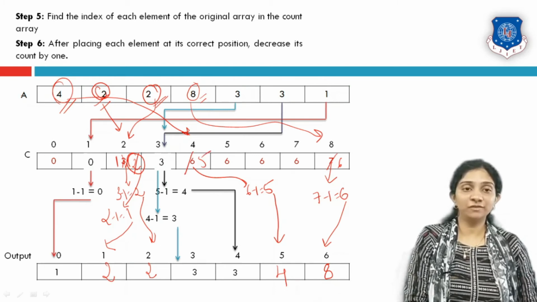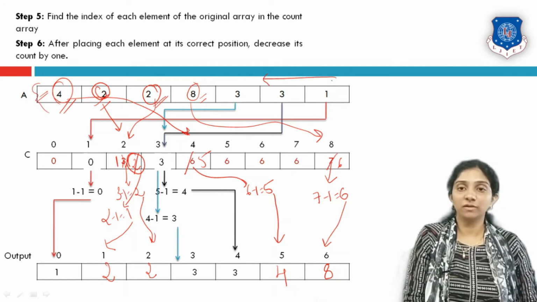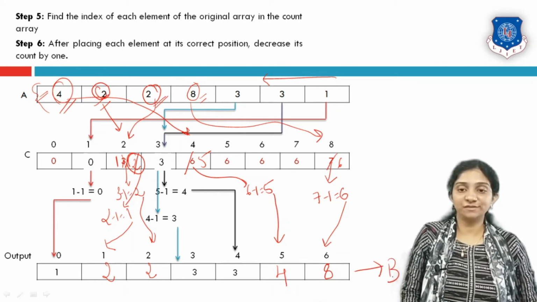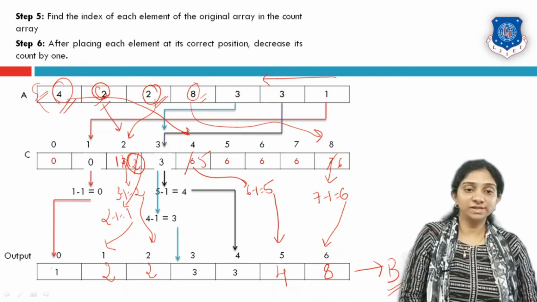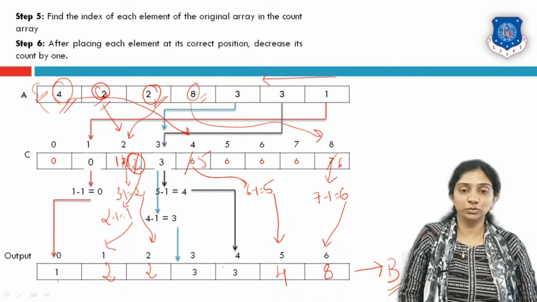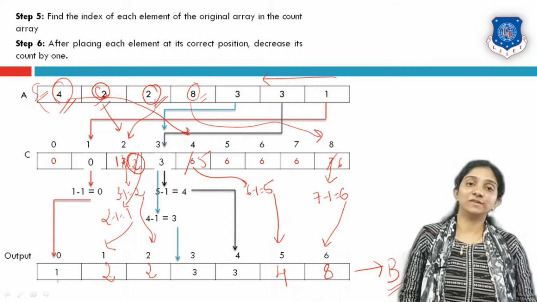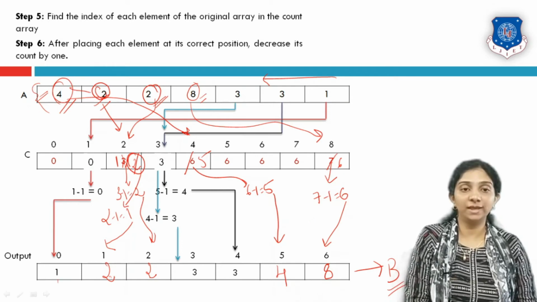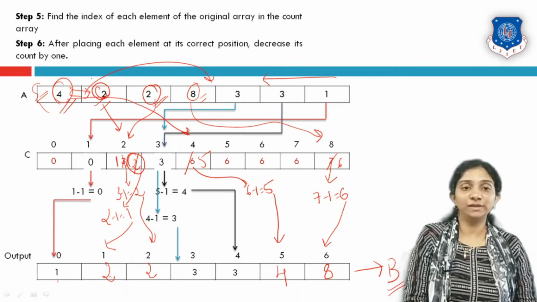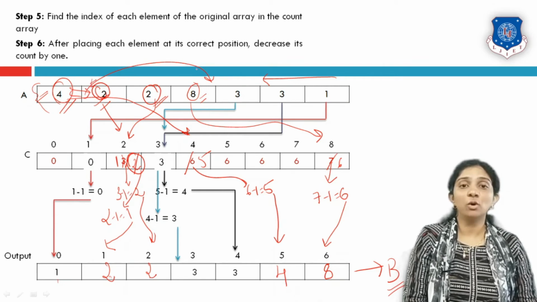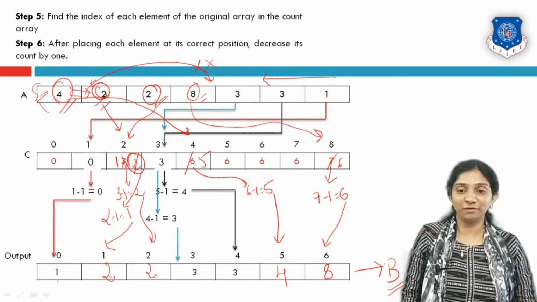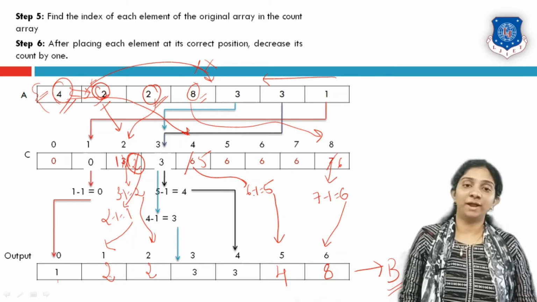Now are there any elements from A which are left to get traversed? No, we have traversed from back to front all elements one by one. So this is our output array. I would call it array B, which is already sorted in ascending order because this is 1, 2, 2, 3, 3, 4 and 8. So this is counting sort, how it sorts elements without comparing any two elements with each other. It is neither comparing any two adjacent elements nor any two further elements. So without comparison, sorting is performed. That's why it is a non-comparison based algorithm.